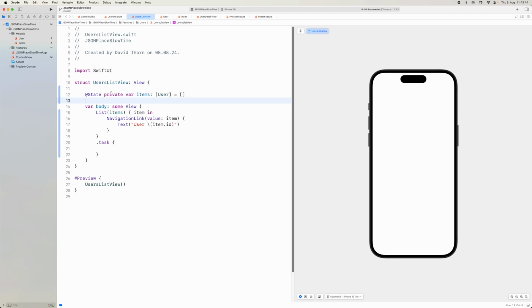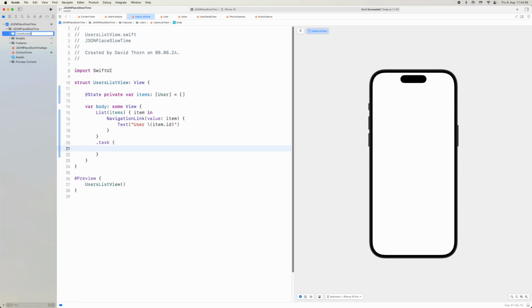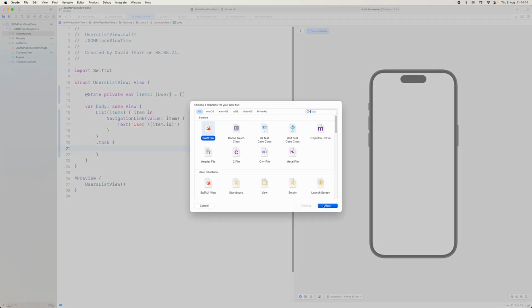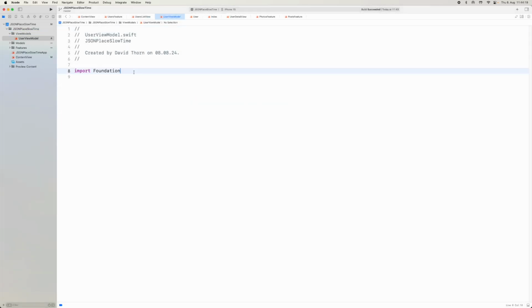This state is perfect for our user list view as just a list view, but it's too much information we are giving to it, because we need to have a task, and we need to load stuff, URL session. We just want to be able to populate this state from a function call and let that business logic sit somewhere else. And we're going to have another folder, and we're just going to call these view models, all right? And we're going to say user view model here, and here we're now